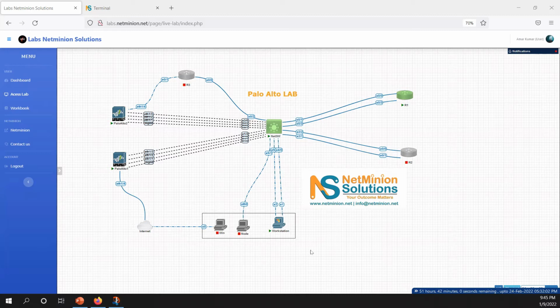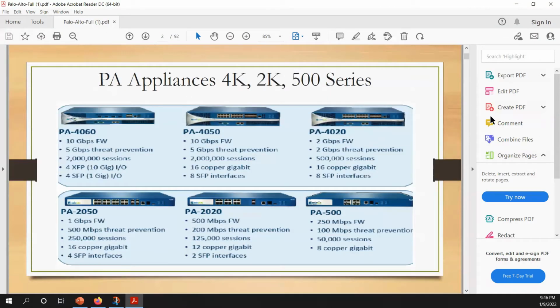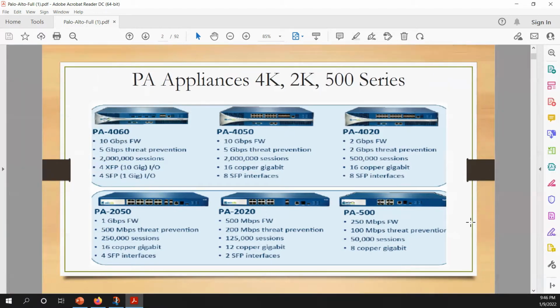Let's talk further about the Palo Alto firewall hardware models. The Palo Alto firewall comes in different forms. If you want to deploy a Palo Alto firewall, you can purchase hardware, or you can install it on a virtual machine, or you can install it in the cloud. From the cloud, you can purchase Palo Alto, which means you would get the virtual machine. Or you can purchase the hardware model to deploy in your on-premises data center, or deploy the virtual machine itself in your on-premises data center, on VMware, etc.